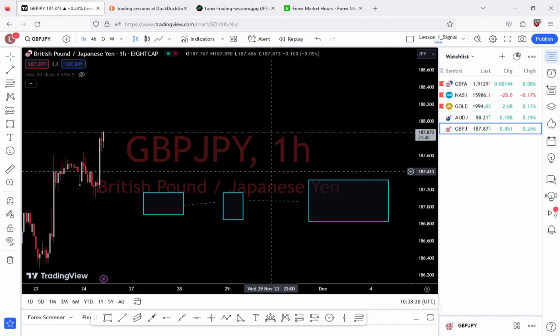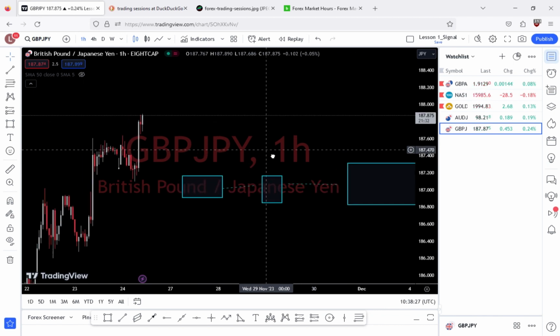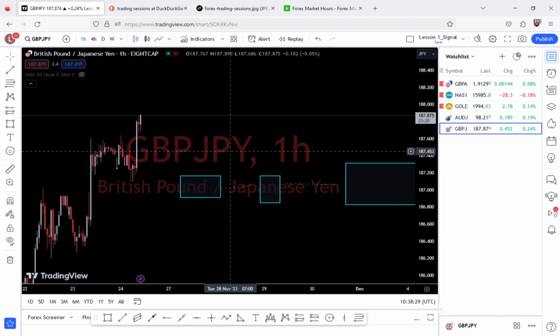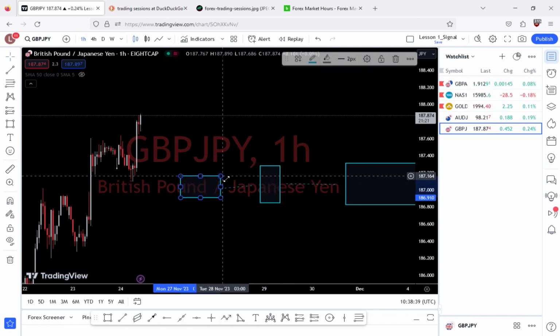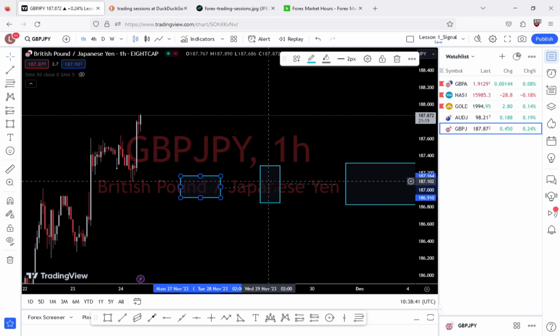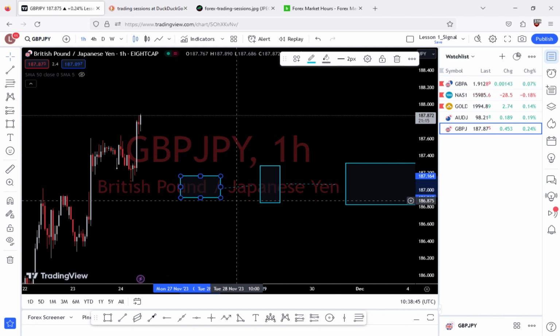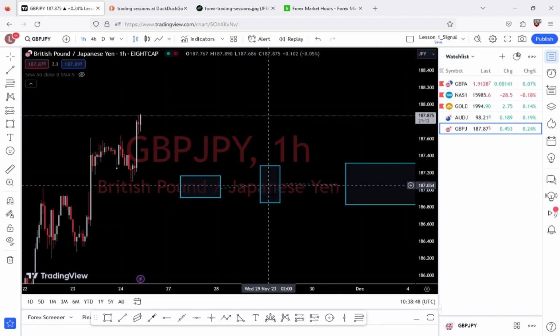There are different types of brokers. Some brokers trade in-house, some brokers trade out-house, if I can say. So what does that refer to? In-house brokers are the type of brokers where you open a position, and they open a position against you. If you decide to buy GBP/JPY, they open a position in the opposite direction, meaning that when you lose your trade, they keep the profit. But it's not really a scam per se, because when you win, they also give you your capital.